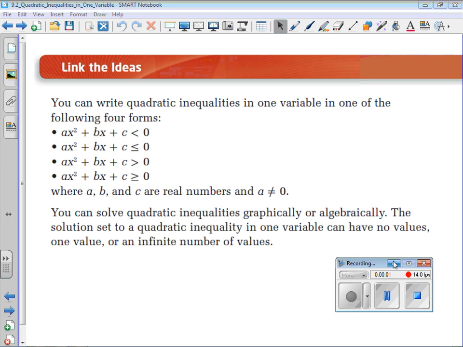Okay, this is the start of 9.2 in Math 20-1, where we talk about quadratic inequalities. Not very different than linear inequalities. We're going to actually solve them very, very similarly. One thing that I'd like to really encourage you to see is that when we look at maybe ax squared plus bx plus c is less than 0, one thing that can really help is identifying that if we